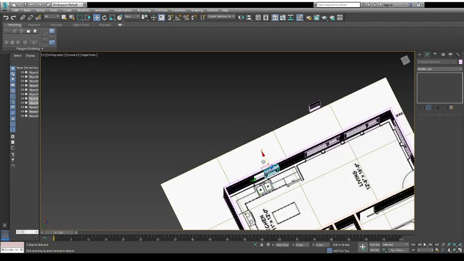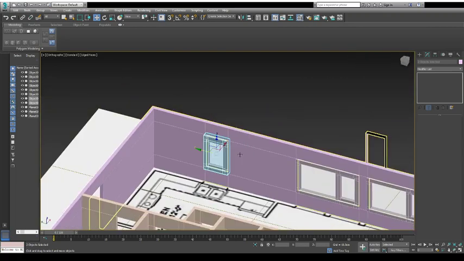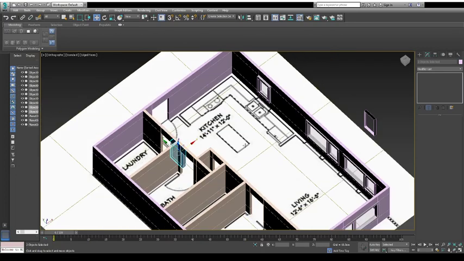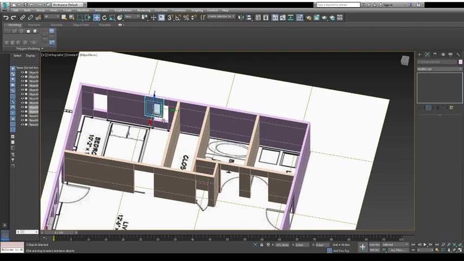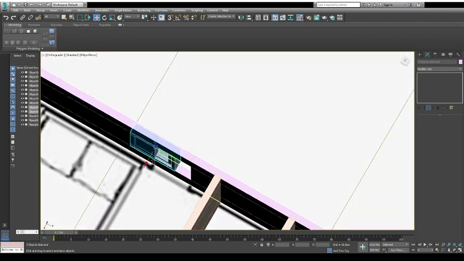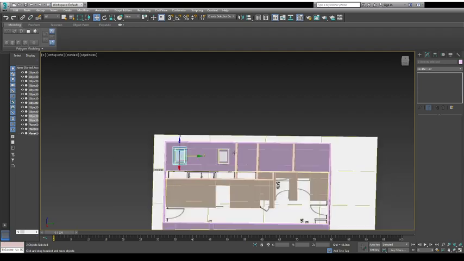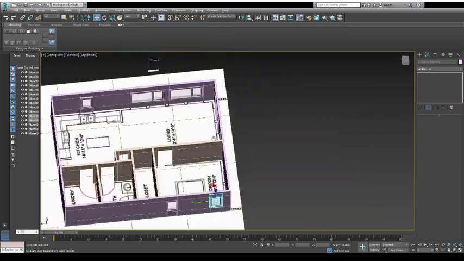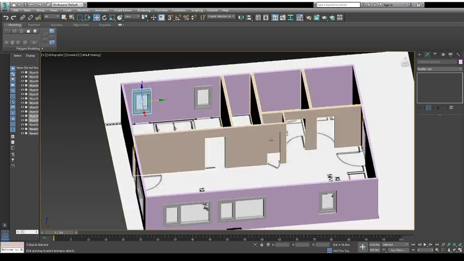And now I can just add that window all around here. The first one, here the second one, and here the third one. So that's it actually. Yeah, we have done all the windows. Right now you can see,